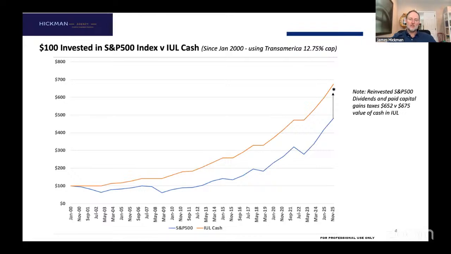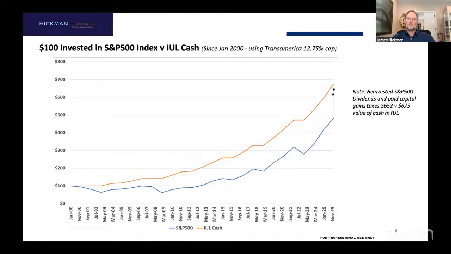That's a meaningful, significant advantage to a direct investment in the stock market, assuming you take those dividends and reinvest them. Well, if I do that to change our comparison since 2000, the IUL cash still beat the S&P 500. The dividend yield of the S&P 500 is 65% lower than its long-term average. It's like 1.25% right now. It's not that much. But you still beat the S&P 500, even if you reinvested your dividends, which nobody ever does anyway. That's incredible.